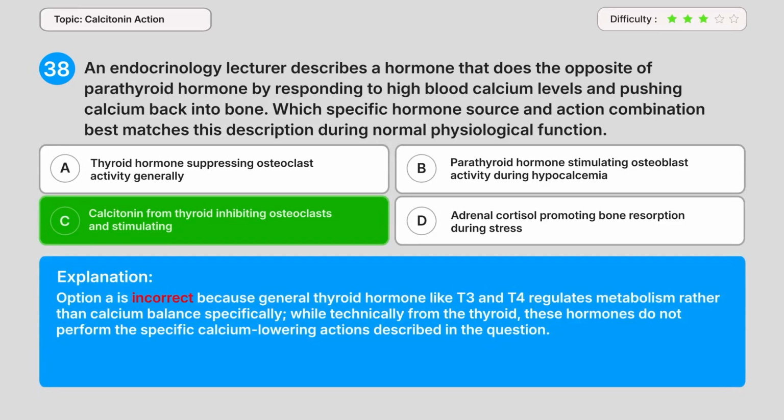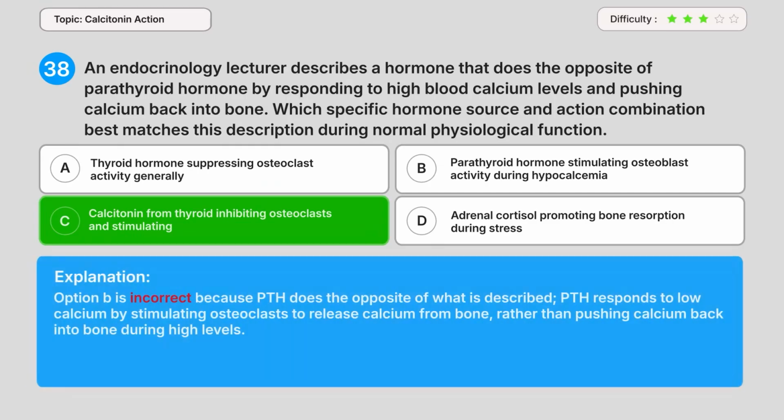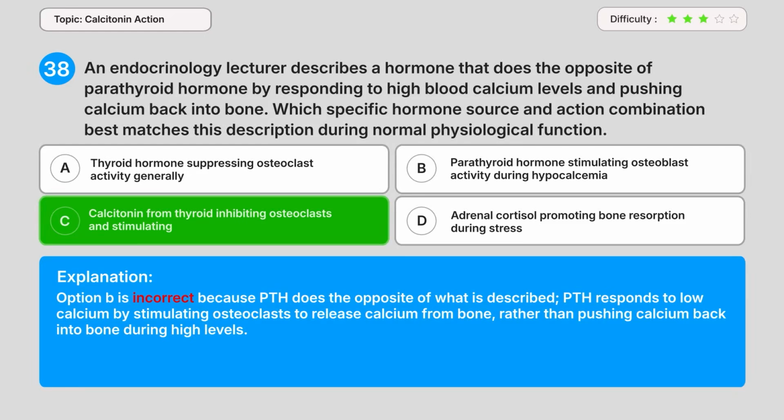Option A is incorrect because general thyroid hormone like T3 and T4 regulates metabolism rather than calcium balance specifically. While technically from the thyroid, these hormones do not perform the specific calcium-lowering actions described in the question. Option B is incorrect because PTH does the opposite of what is described. PTH responds to low calcium by stimulating osteoclasts to release calcium from bone, rather than pushing calcium back into bone